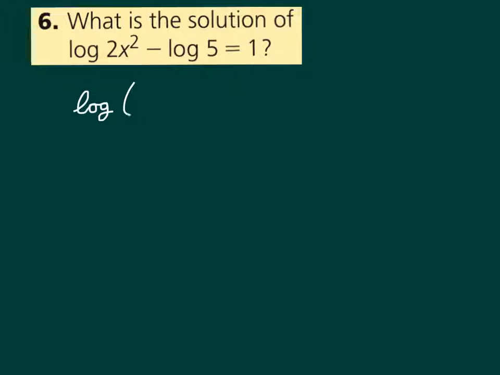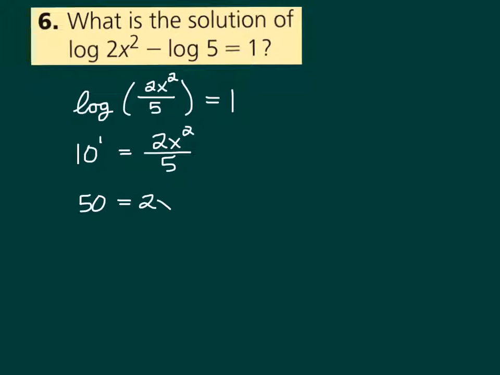So this is log of 2x squared over 5 equals 1. Rewriting in exponential form, 10 to the first is 2x squared over 5. So then the algebra 1, multiply each side by 5, divide each side by 2,